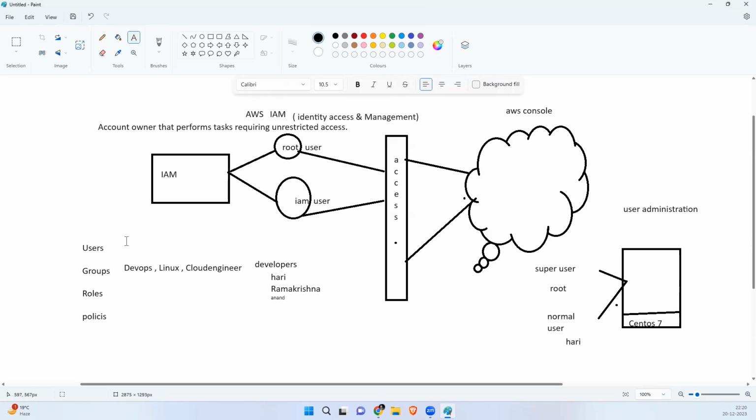We can also give permissions directly to users, like Hari or Anand. We can create a role and assign it to groups or users. What are the policies? A policy is something like administrator access.